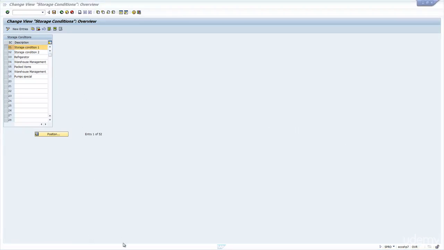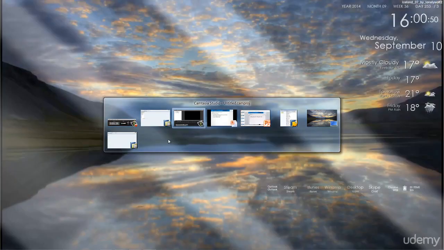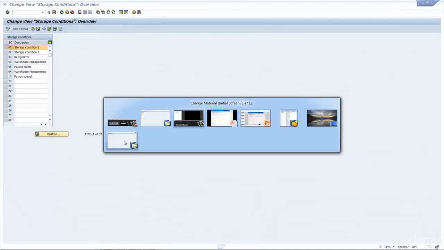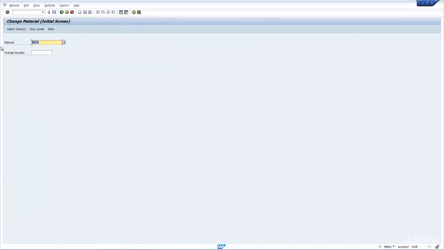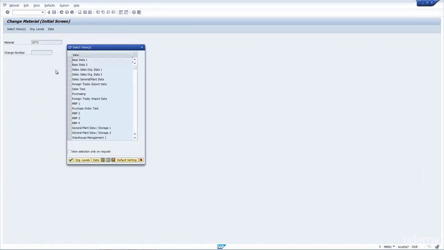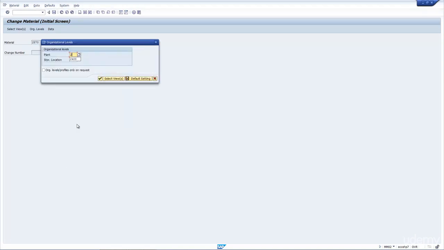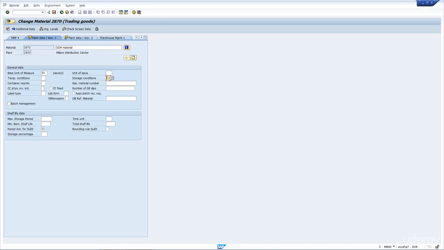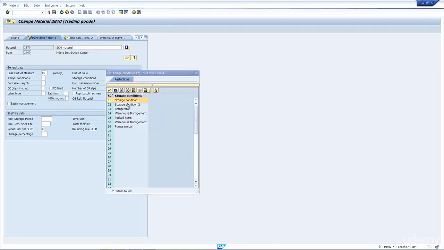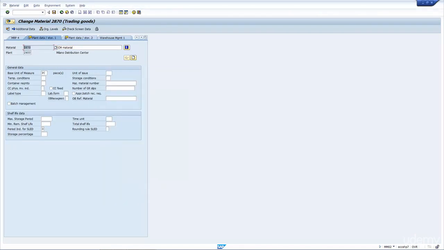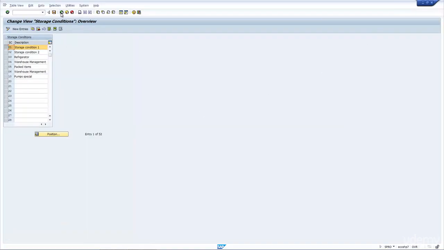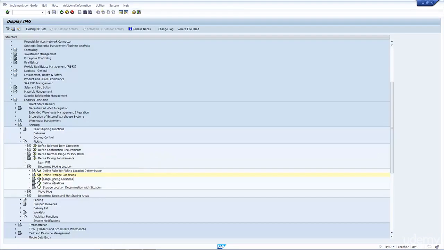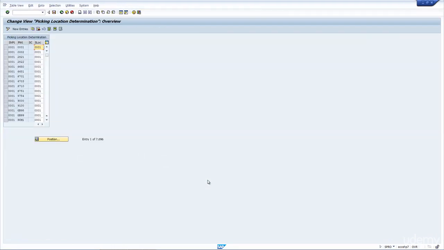Now, if we go to the material master, and for this material, if we go to the general plant data storage 1 view for the plant, on the plant level, here is where the system would determine the storage condition. I can either leave it blank or populate it, and it's on the plant view. So if we go back, and now we say assign picking location,